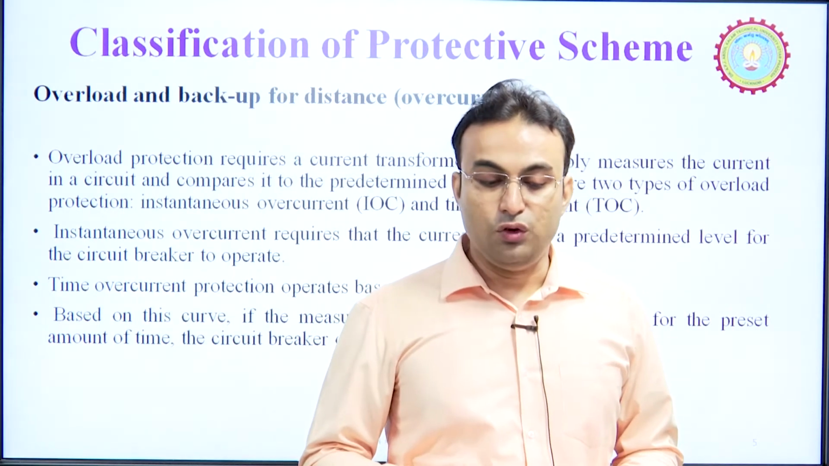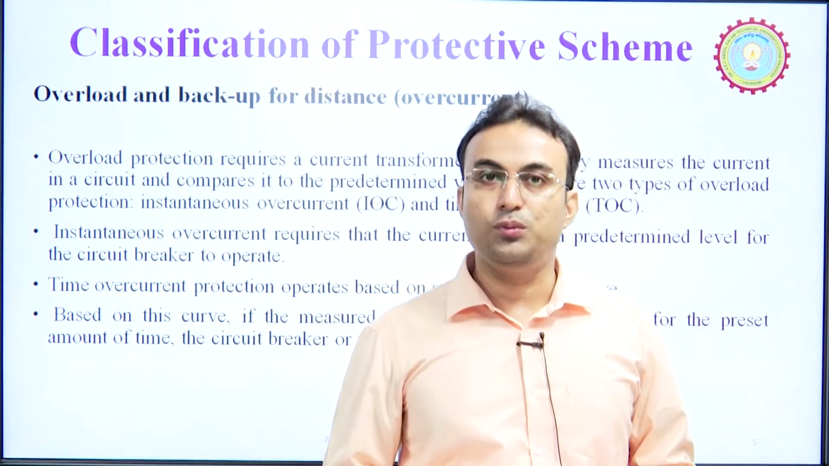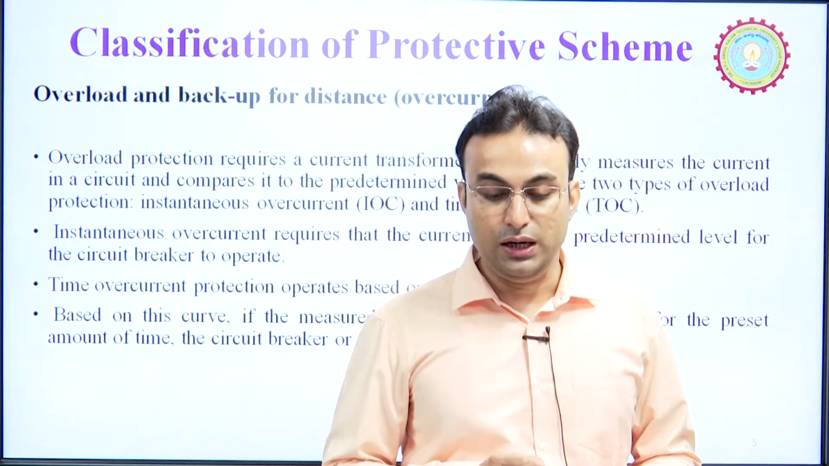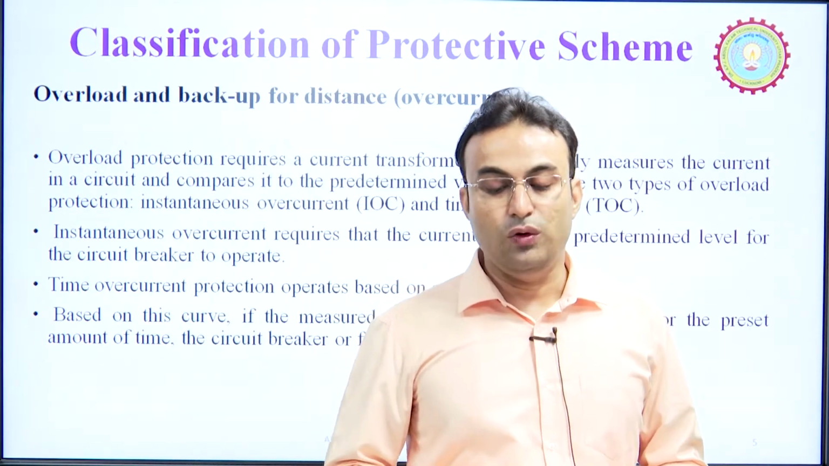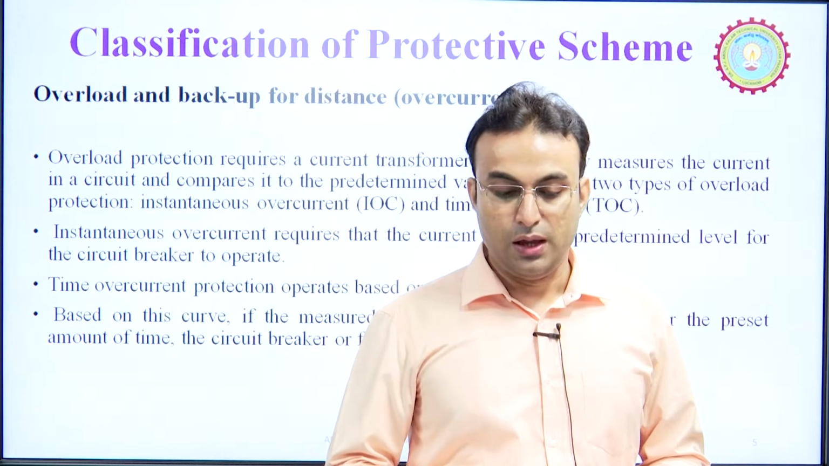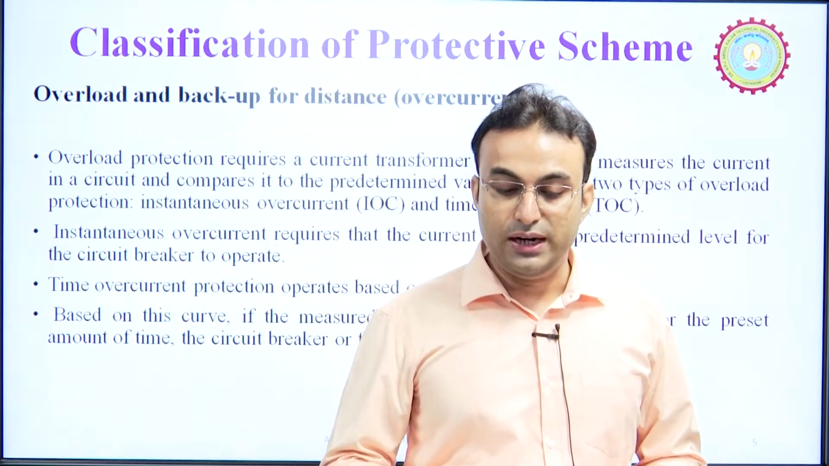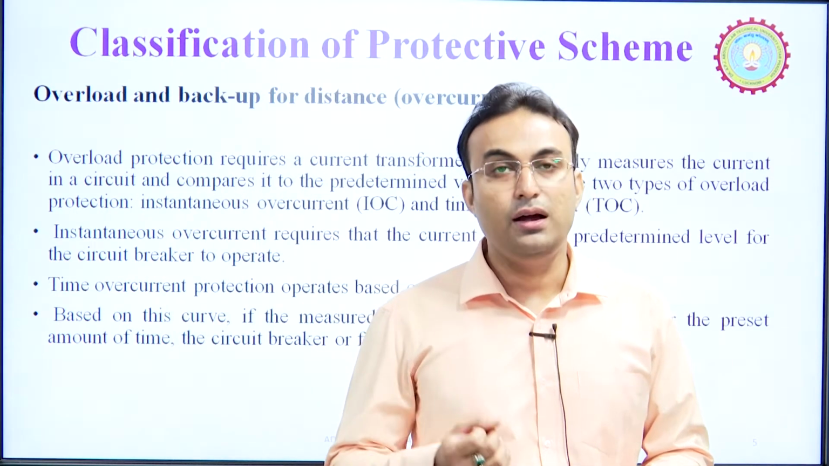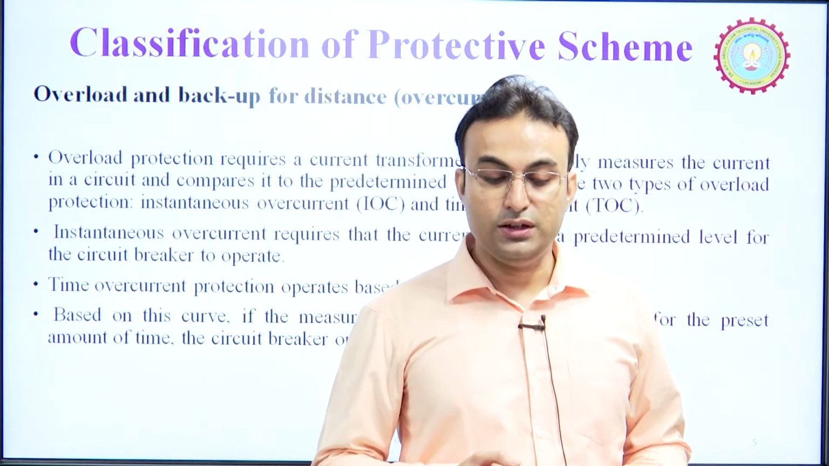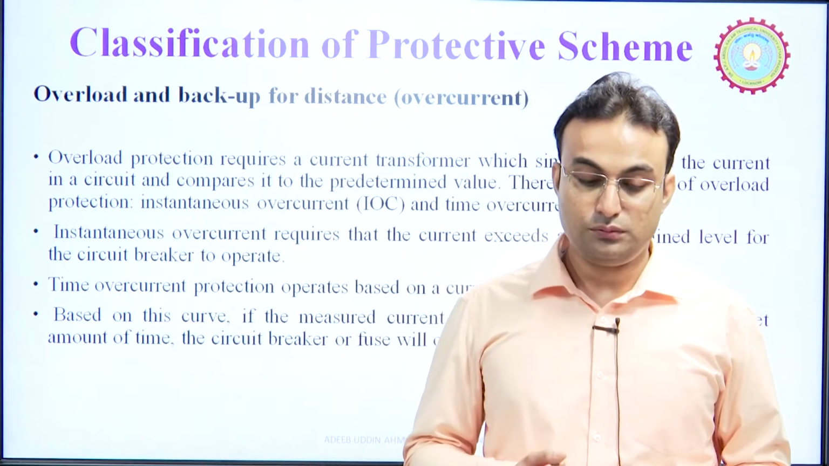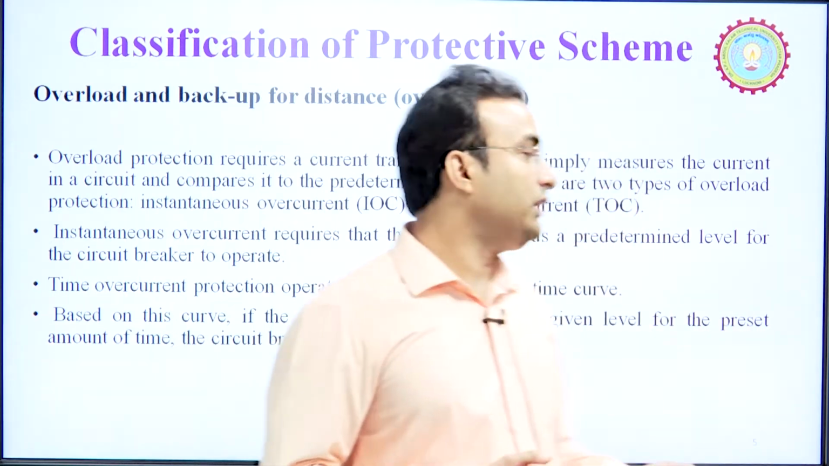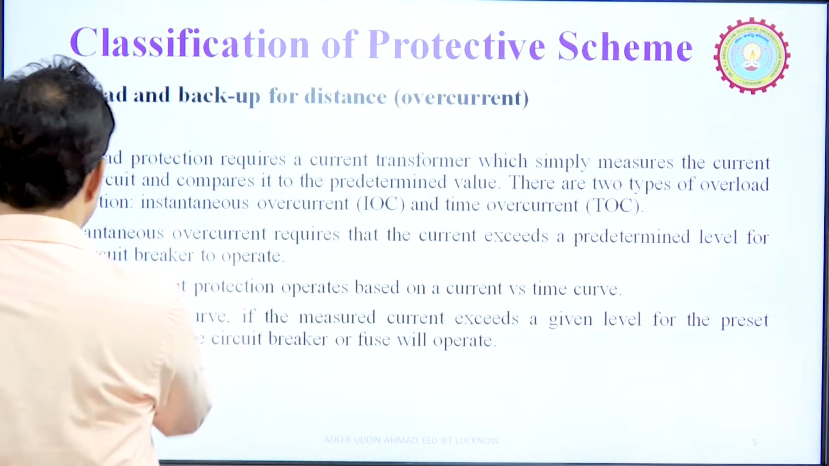There are two types of overload protection. One is instantaneous overcurrent protection, that is IOC, and another is time overcurrent protection, that is TOC. The instantaneous overcurrent requires that the current exceed a predetermined level for the circuit breakers to operate. So, we have two types of protection. One is instantaneous